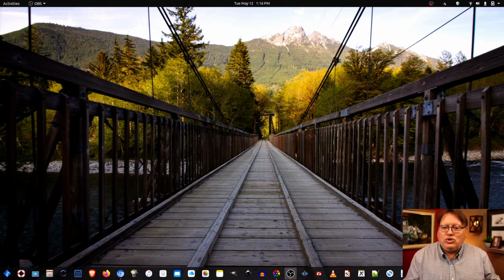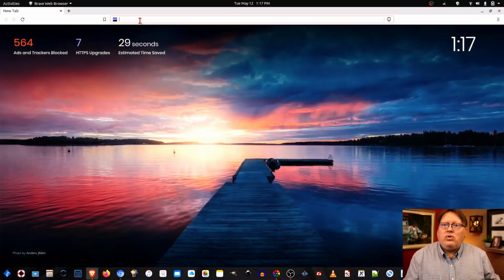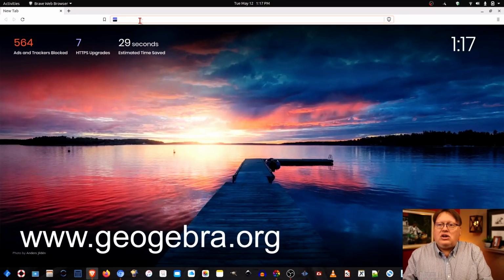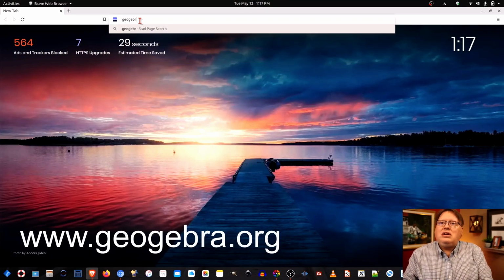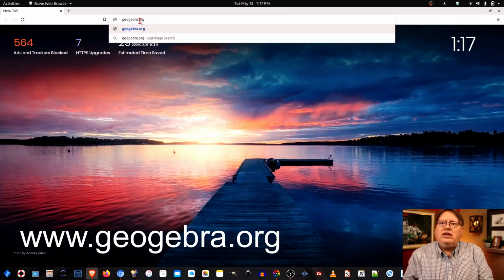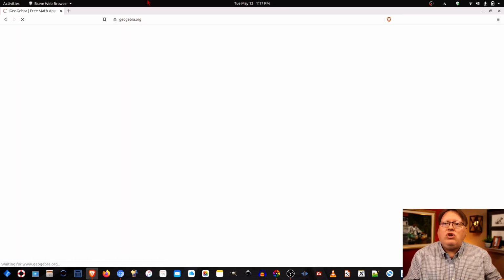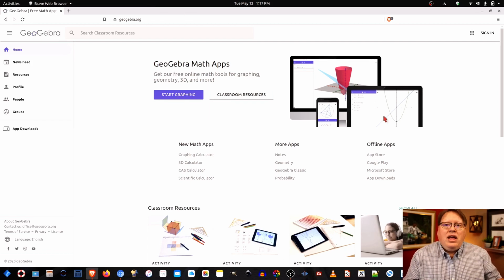So let's switch to our desktop and we'll open up the Geogebra Classic app. So on your laptop, I want you to open up a browser. And we're going to go to the website. It's called geogebra.org. And you could go up here to start graphing, and that is actually a graphing calculator, but there are some